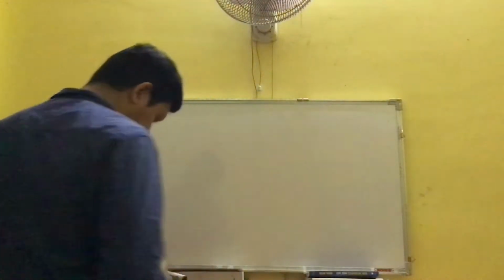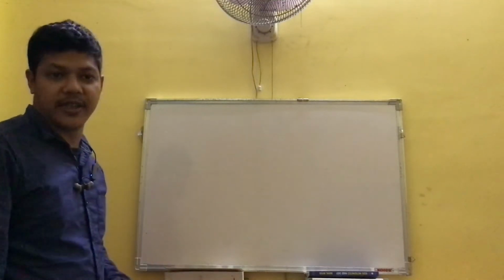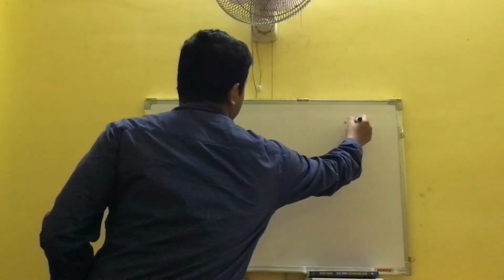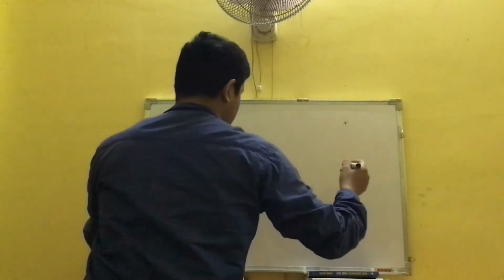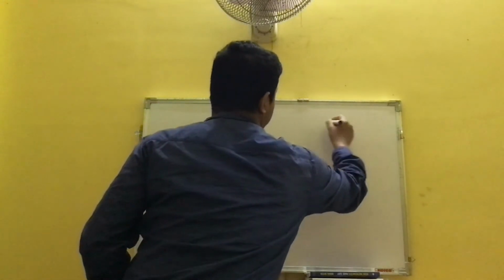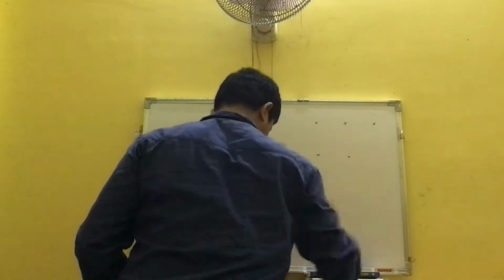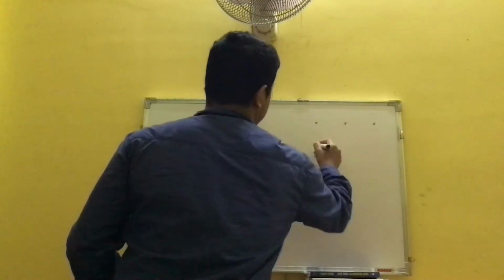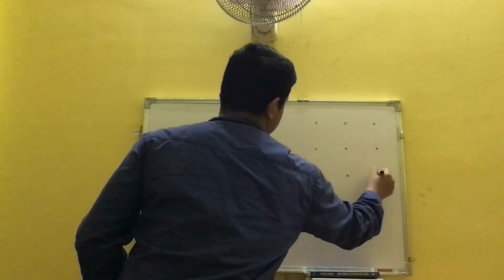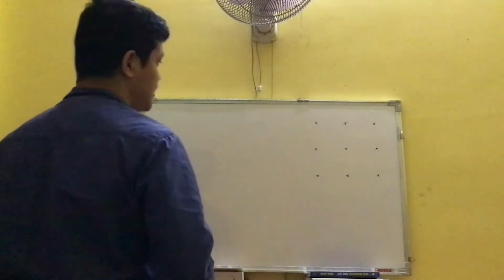Now let us discuss EMF in a rod rotating in a magnetic field. Suppose we have a magnetic field here. It's perpendicular to the board, normally going into the board in this way, and let me represent it by a cross sign. So this is a magnetic field going into the board, and here we have a rod